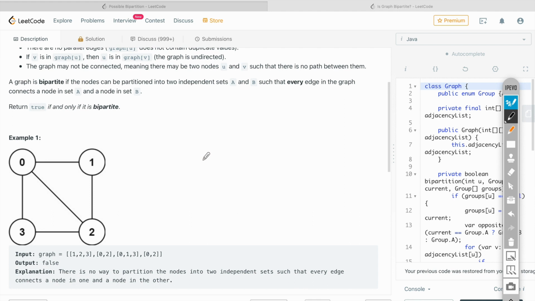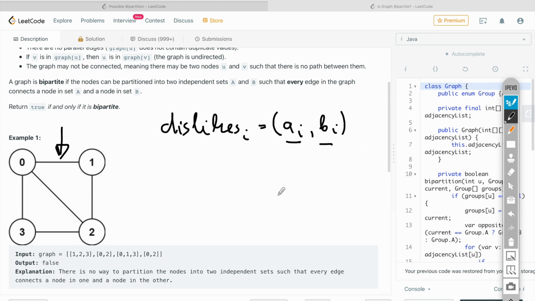If we represent people as nodes in a graph and represent the dislikes relationship as edges between those nodes, then it's obvious that a dislikes relationship, dislikes[i], which was represented as a pair of indices, where these are identifiers of people, we can see that if two persons ai and bi dislike each other, then we would create a link between them.